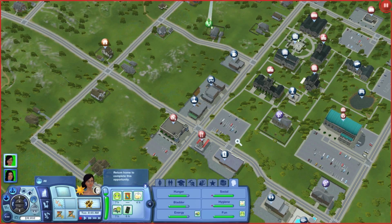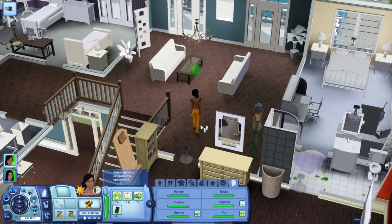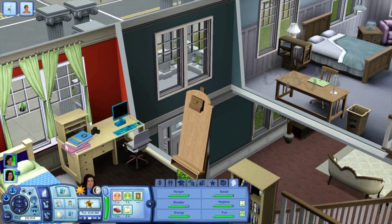I don't know if I want her to be a nerd yet, but maybe later. Let's have her go to the grotto. She can make some friends with some intense rebels. But yeah, so anyway, as I was saying, let's speed this up while she goes. Basically,